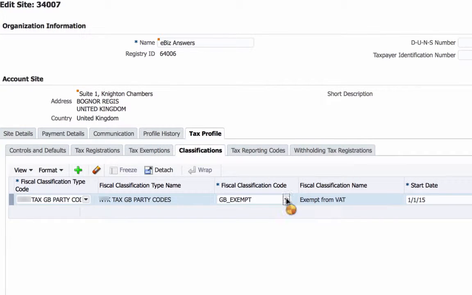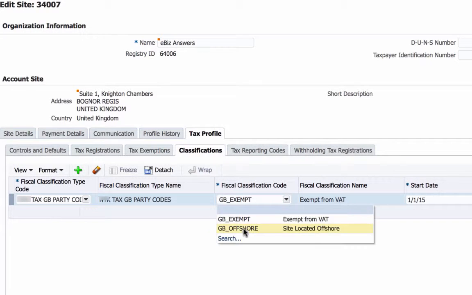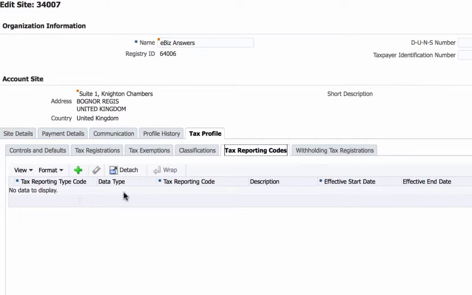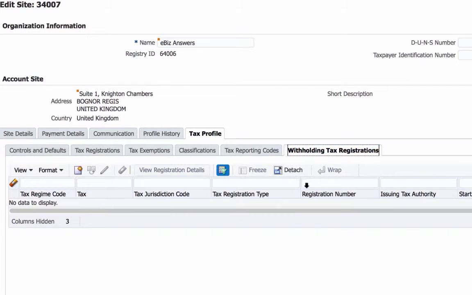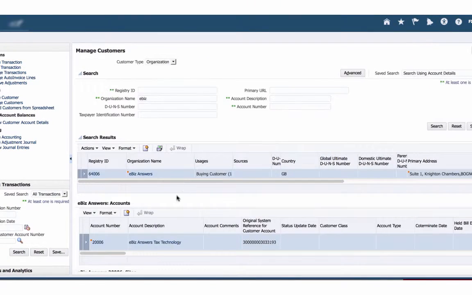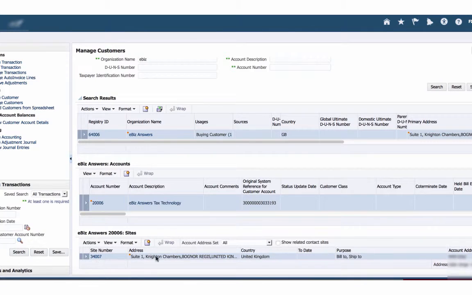If it is a site, for example, which is always going to be offshore, then of course you can just put in any date in here. Tax reporting codes. These are not actually used, and withholding tax registration is covered in a different tutorial. So once you have that information in, we can simply save,